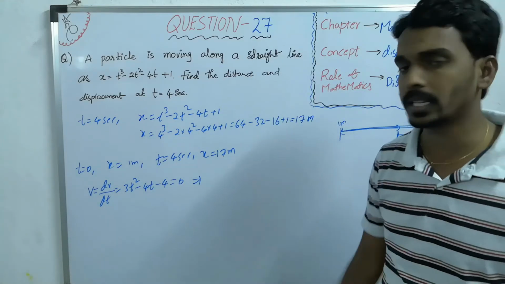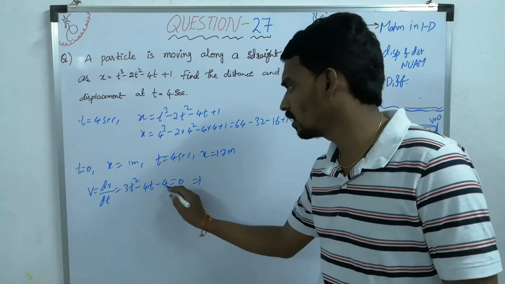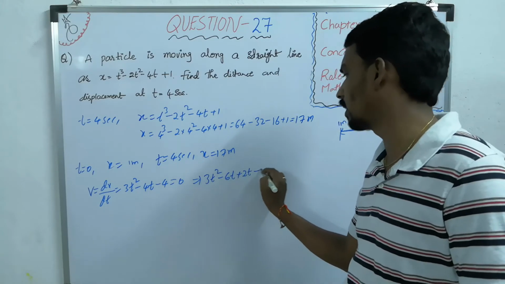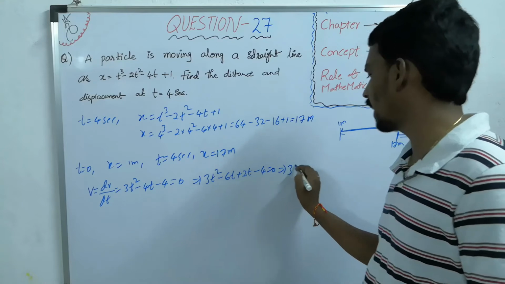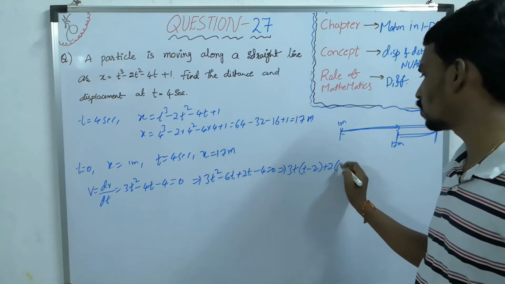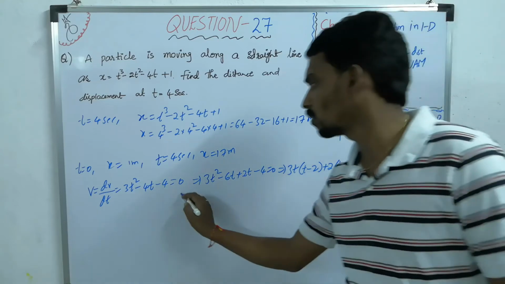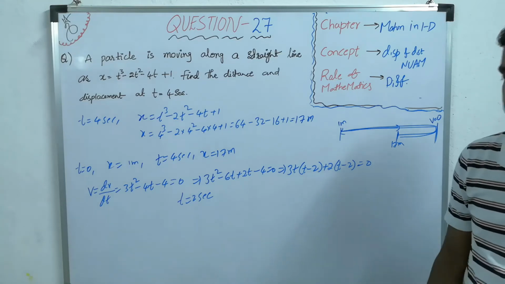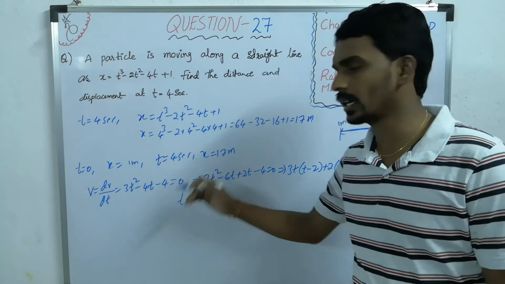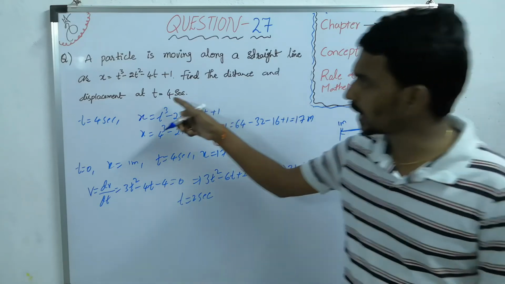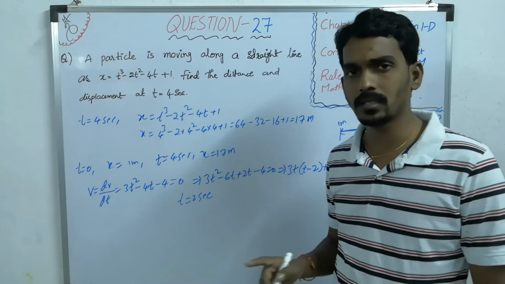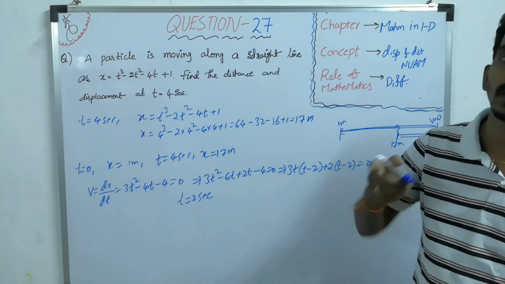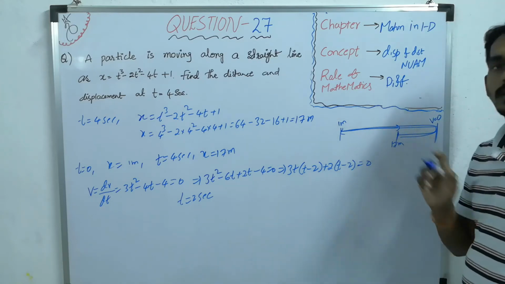See, the application of the quadratic equation is also coming here. So here 3 4s are 12. You can take it like 6 2s are 12, so 3t square minus 6t plus 2t minus 4 equal to 0. If you take 3t common, it is 3t into t minus 2 plus 2 into t minus 2 equal to 0. So t equal to 2 seconds. Another time you will get minus 2 by 3, but negative time is not possible. So t equal to 2 seconds. The given time where they are asking distance is 4 seconds, but before that, at t equal to 2 seconds, the velocity becomes 0. That means the particle reverses its direction.